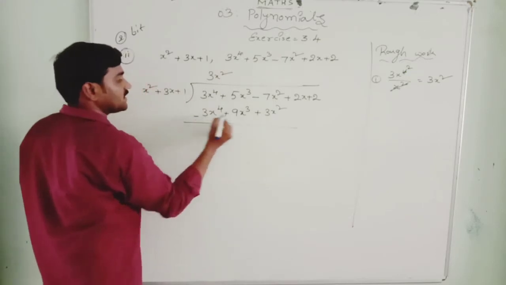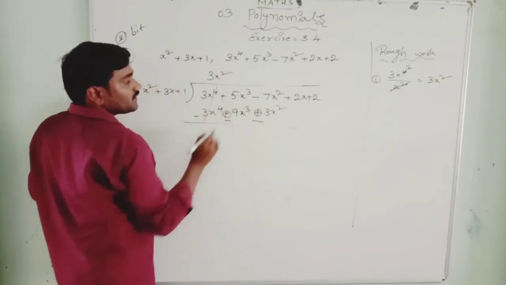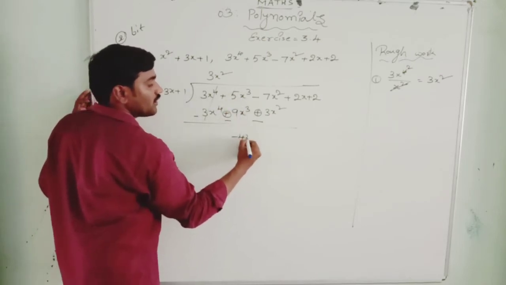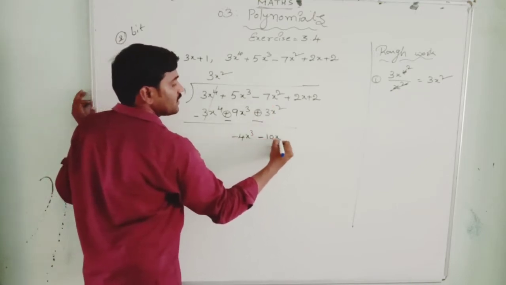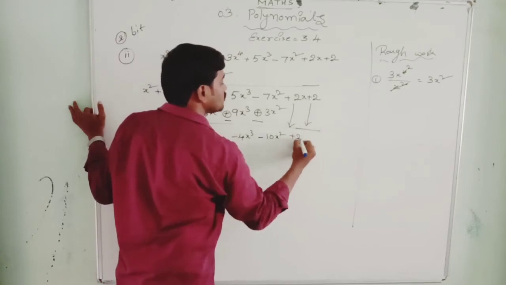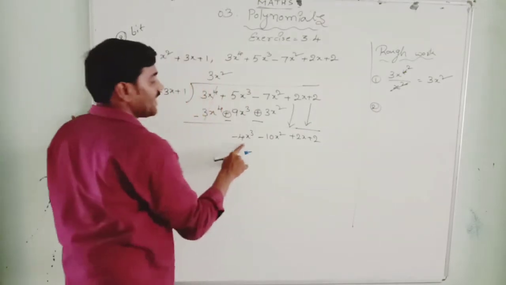Now we put minus here to cancel both. Now 5 minus 9 is minus 4x cube, minus 7 minus 3 is minus 10x square, and also we bring these two terms down, plus 2x plus 2. The second step will follow: minus 4x cube